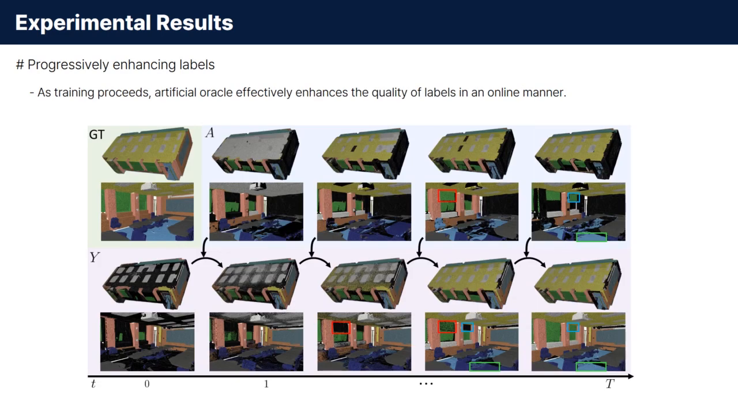For intuitive understanding, we also provide samples of progressively enhanced labels. As training proceeds, the artificial oracle effectively enhances the quality of labels. Specifically, the initially unlabeled regions are gradually explored by the REAL framework and correctly labeled in an online manner,